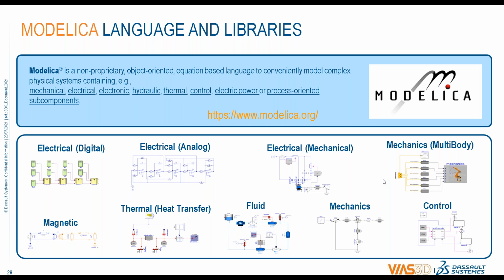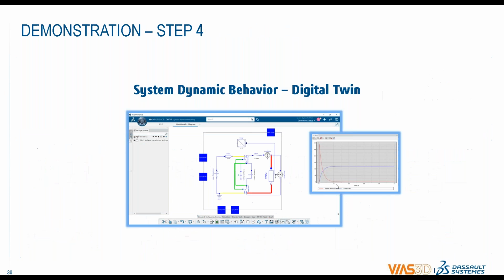So you may define models in MBSE that simulate or calculate the behavior of the system at a very high level, but when you go to the detailed design at the physical level, you have the chance to develop your physical model as a virtual twin thanks to the Modelica language, and also Dymola is a multi-physics, multidiscipline simulation tool. So it would allow you to develop models for different